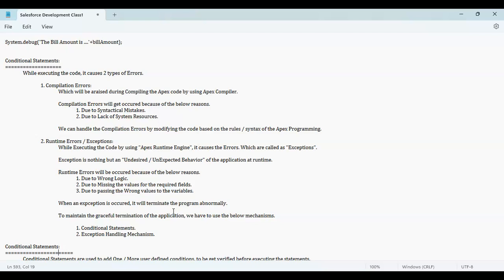Okay. So for us to test initially if the user is passing the correct numbers or not, we are going to make use of something called conditional statements. Okay. So conditional statements can be,